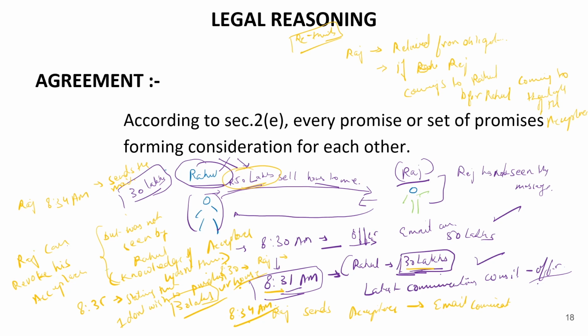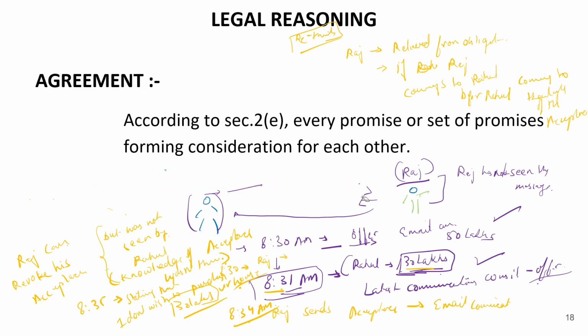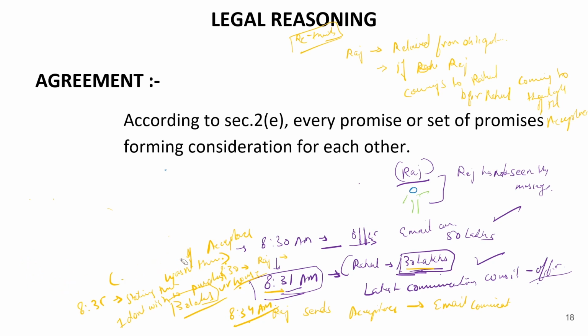And once Rahul opens his email and sees both the messages, it is clearly understandable that the offer was initially accepted and then it was rejected. And that is why the obligation over Mr. Raj is not there. Why is it so important to understand when it can be considered that the offer has been accepted or not? Because once the obligation is there over the parties, they have to perform certain tasks according to the terms and conditions of the agreement.